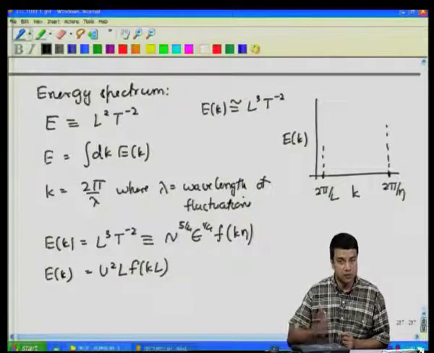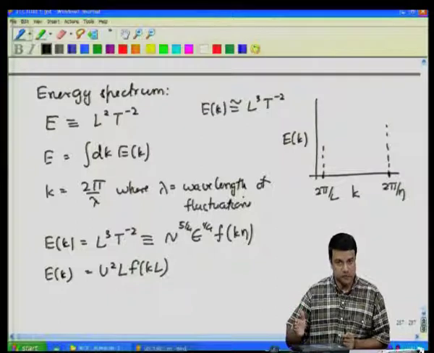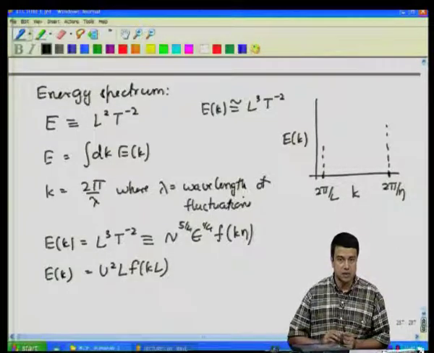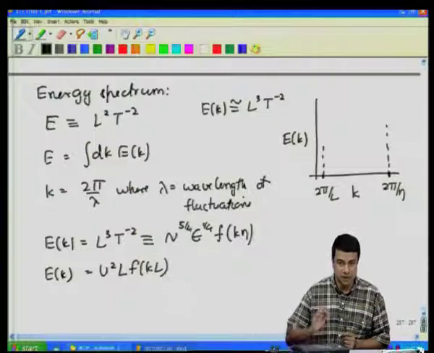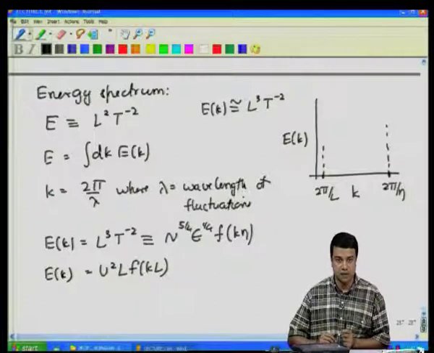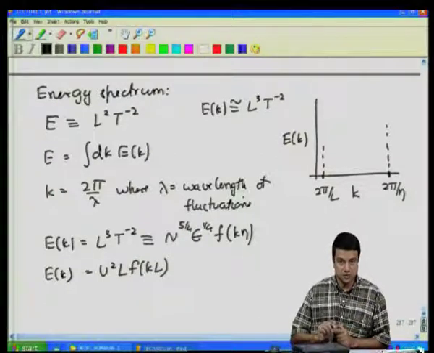If you are in between the macroscopic scale and the Kolmogorov scale, there is an intermediate region where the small scale kinematic viscosity does not matter, and the large scale U and L do not matter. In this intermediate regime, the only thing that matters is the energy that is flowing through the entire system, epsilon itself. So, in this inertial subrange, as it is called,